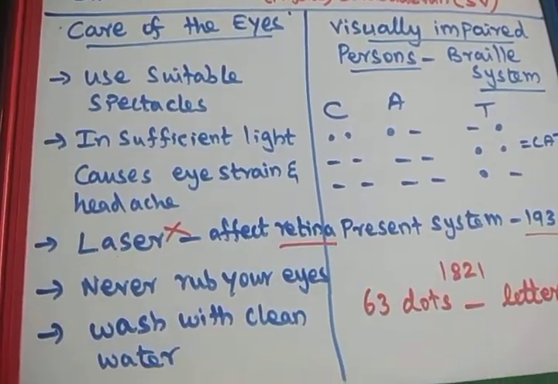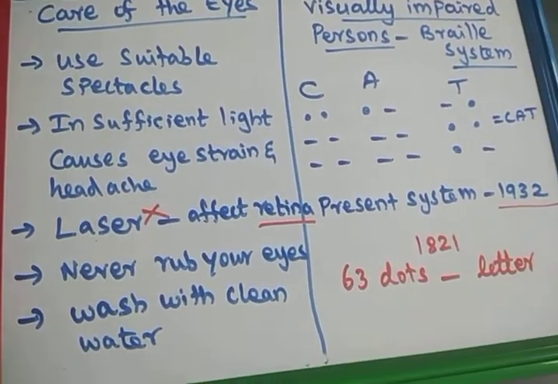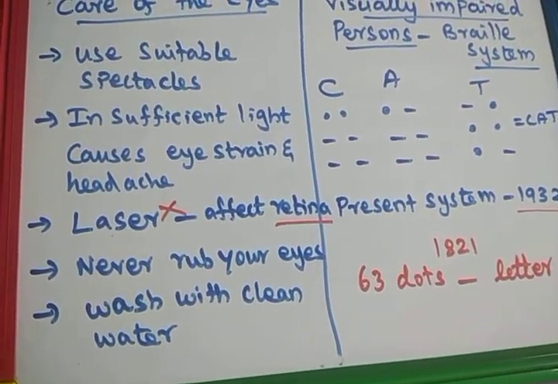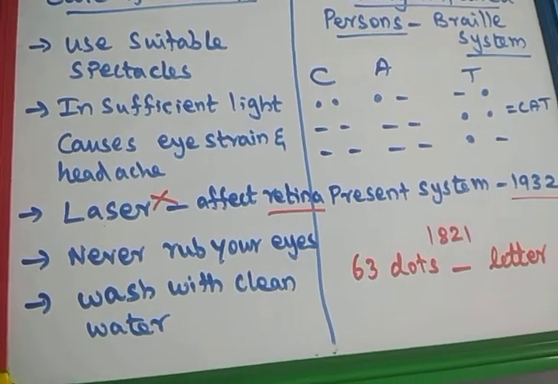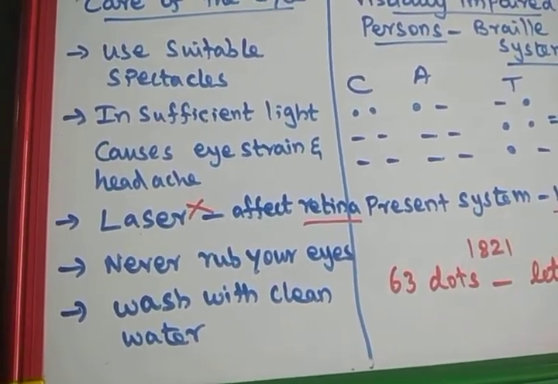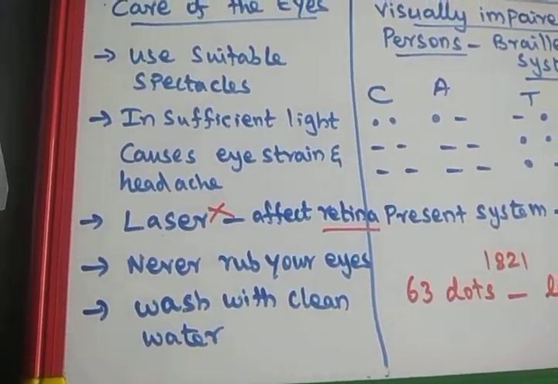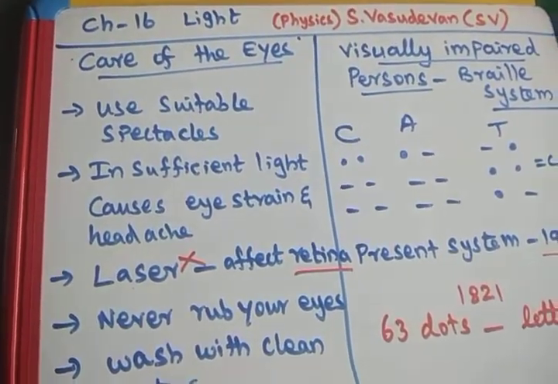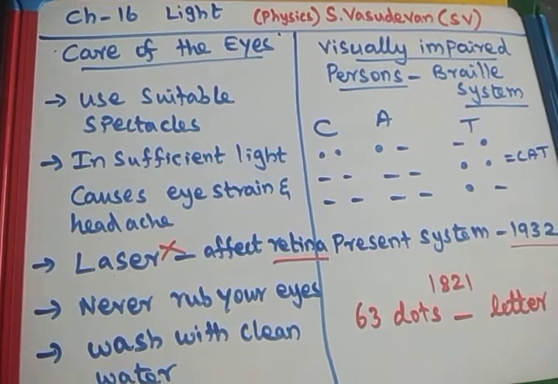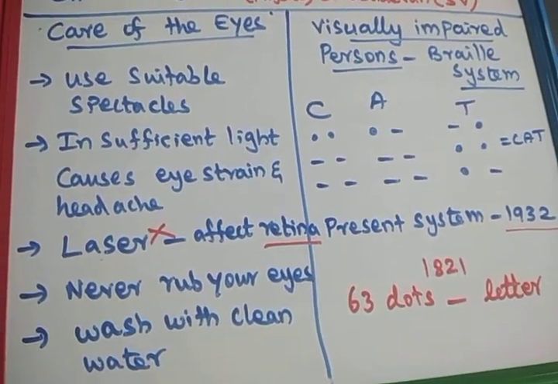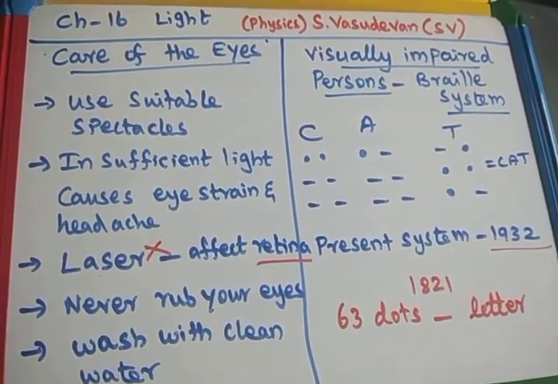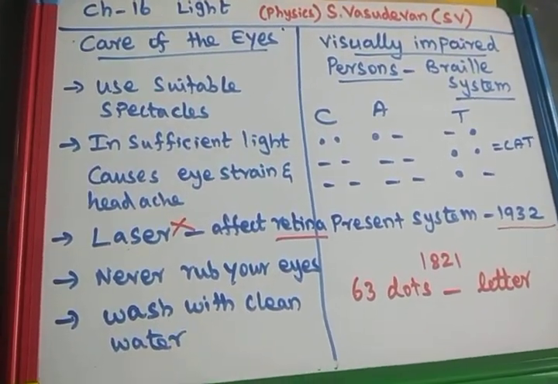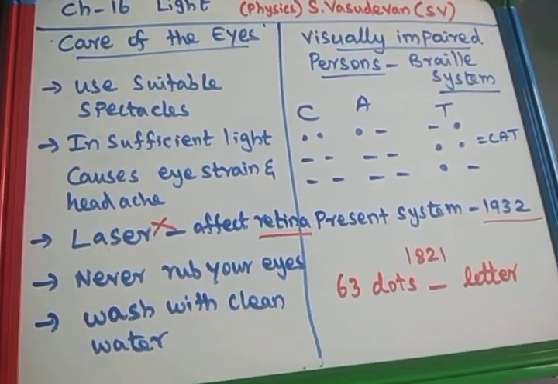Dear students, you have to read all the book pages, and there are certain extra things also given in your book, like the butterfly eyes and all those things. You have to read them on your own and understand the concept. So the basic concepts are over. Watch the videos of chapter 16 fully. Chapter 16 was started last week and the week before. So watch all the videos, read the book pages and understand the concept.